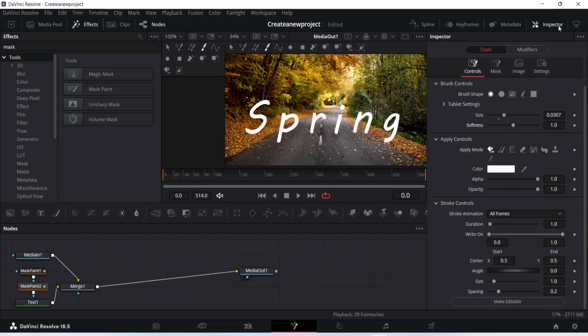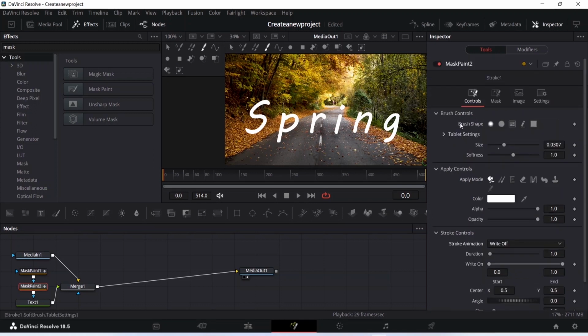and we're going to select the stroke animation. For stroke animation, I'm going to choose write-on animation. As you can see, I have chosen the write-on stroke animation. Now we're going to go into our preview frame and start erasing the spring letter. Now once you have started erasing,